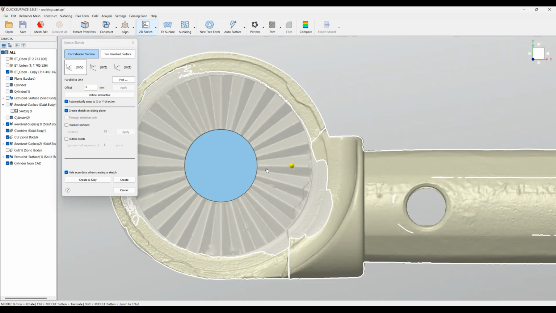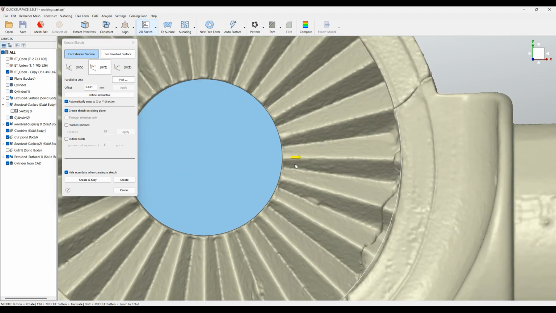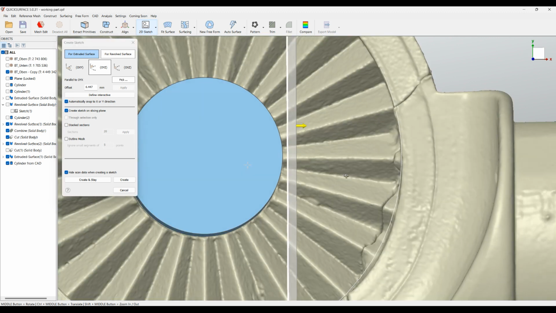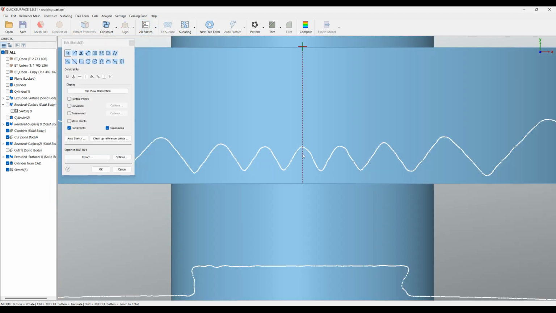Put it in standard view. I need to take this as my information. Will turn the section plane in the right orientation and just slide it to get this profile here. Press create. So this is my profile, and I need to quickly recreate. Hold Ctrl Shift to extract this line, hold Ctrl to intersect and get this rounded. I can move this and put it a little bit in, and this is my first